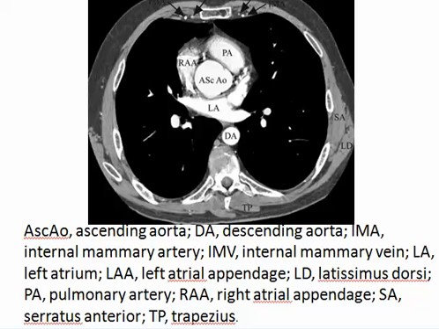Arrows up are pointing to the internal mammary artery and veins. AS is the ascending aorta, DA is the descending aorta, LA is the left atrium, RAA is the right atrial appendage, the PA is the pulmonary artery, and then we have